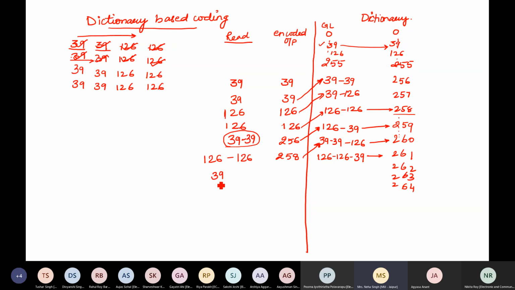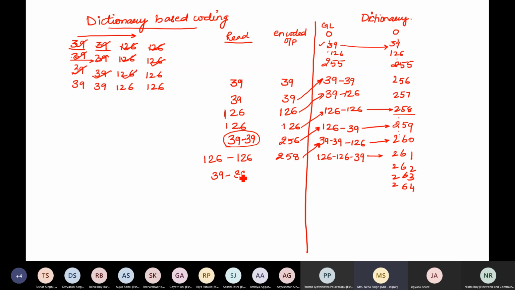And I start to encode for 39. I have very many options. 39 alone, 39 followed by 39, 39 followed by 126. In fact, I have another combination 39, 39, 126. So I should look out for the next position. With 39 I'll combine 39. After 39, 39, I have two options. Either I can have 39, 39 or 39, 39, 126. So in order to achieve compression, I should try out for the next place. If it is 126, I should give the code as 260, else I'll stop at 39, 39.